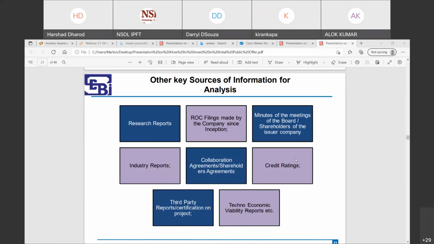Because before listing, they would have invested in the company to get the funding for those companies. So they would have some say in the company. So what are those says? There are some agreements which have some restrictive rights, which should not be there, because as per IPO norms,